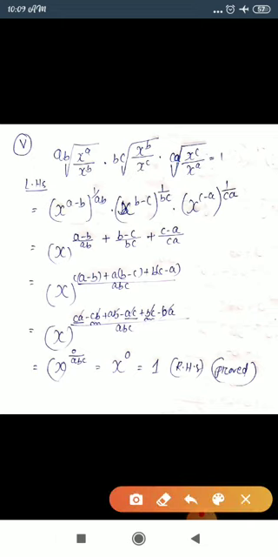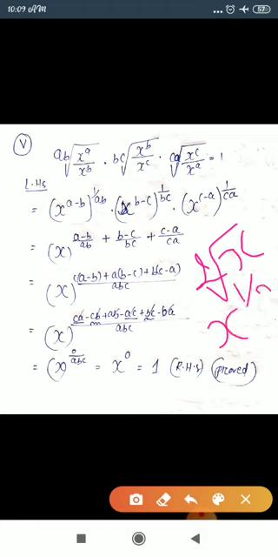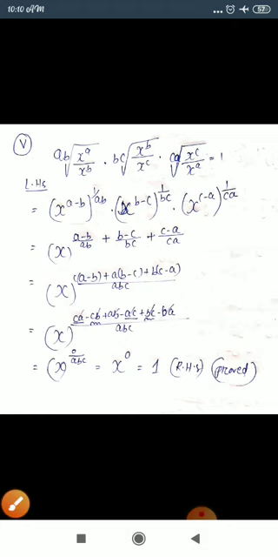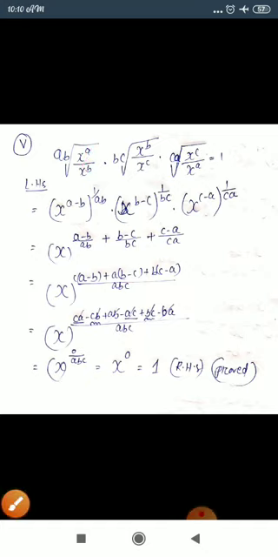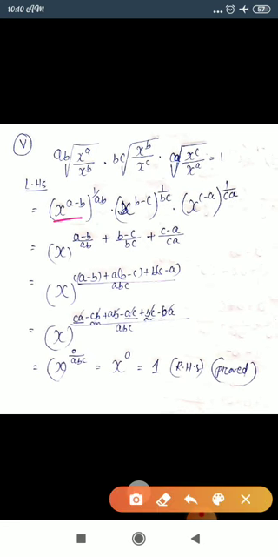Students, just remember, while you are writing second root of x, what do you mean by this? This means x to the power 1 by 2. Same as like that, here the AB root of x^a by x^b is given. Already you know the bases are given inside the root. So you can write it as x to the power a minus b, and here also you can write x to the power b minus c, and here x to the power c minus a.